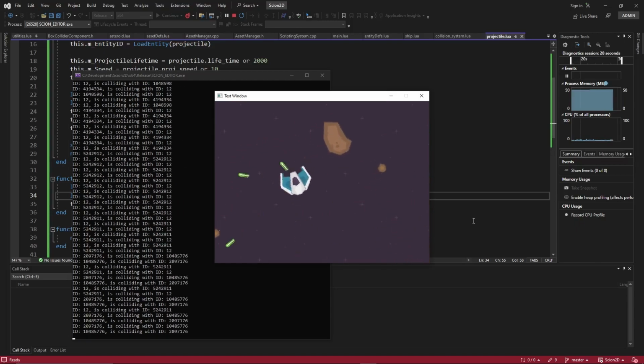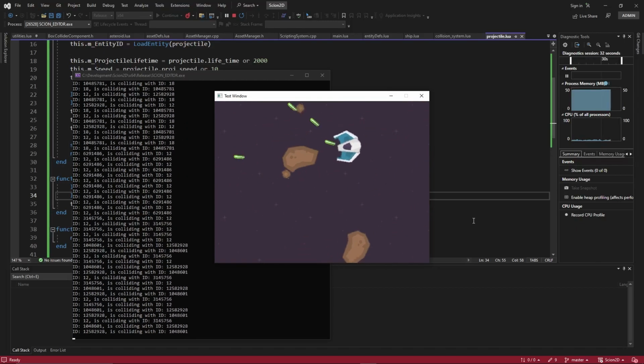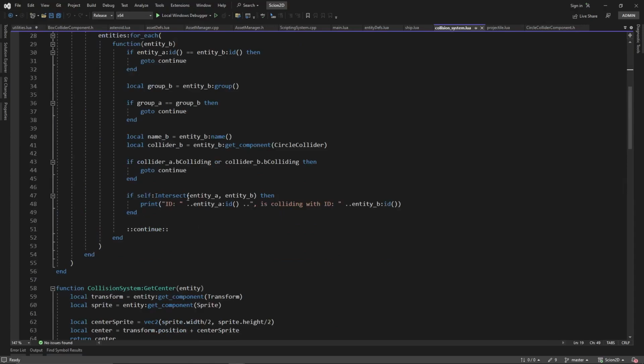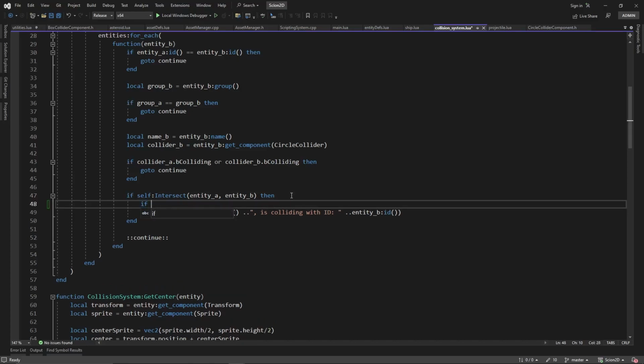So now, let's actually do some stuff with that collision data that we're getting. Okay, awesome. So we got our projectiles firing, and we're colliding. All right, so in our collision system, we have a little bit more we want to do here. We're intersecting, that's great. And the first thing we want to do is just check: if group A is equal to projectiles, and group B is equal to asteroids,